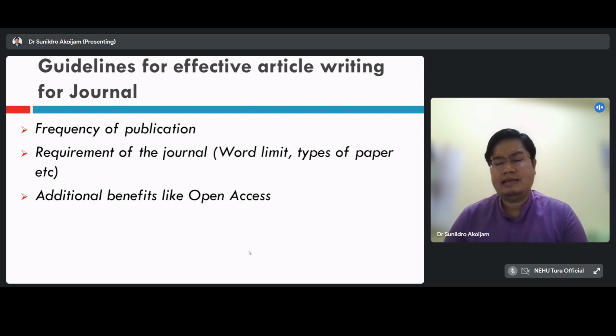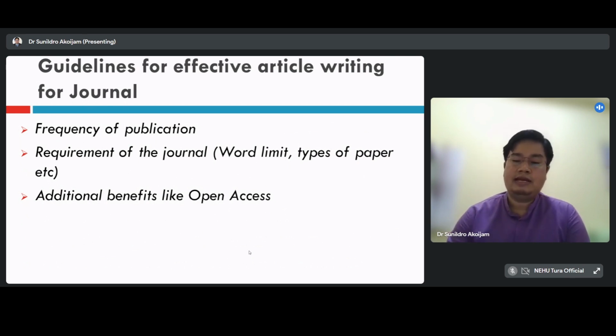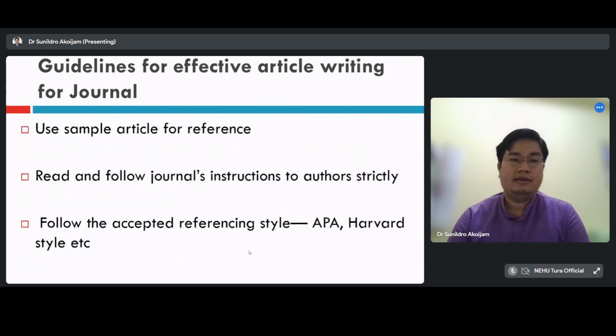Okay, but as I said, it all depends upon your requirement as an author. It all depends on how you judge all these different factors in determining the quality of the journal. Somebody may give importance to the indexing, somebody may give importance to, let's say, the editorial board members or maybe the editor. Likewise, you have to see accordingly as per your requirement.